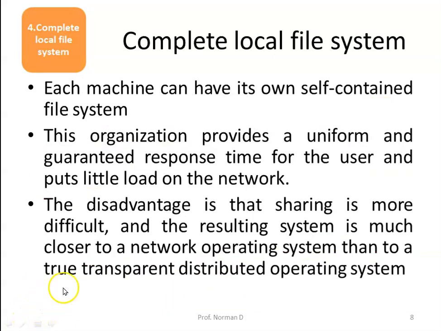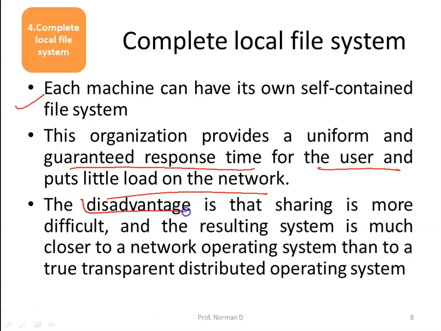And finally, the complete local file system. Over here, each machine can have its own self-contained file system. This organization provides a uniform and guaranteed response time for the user, and obviously there is little load on the network.